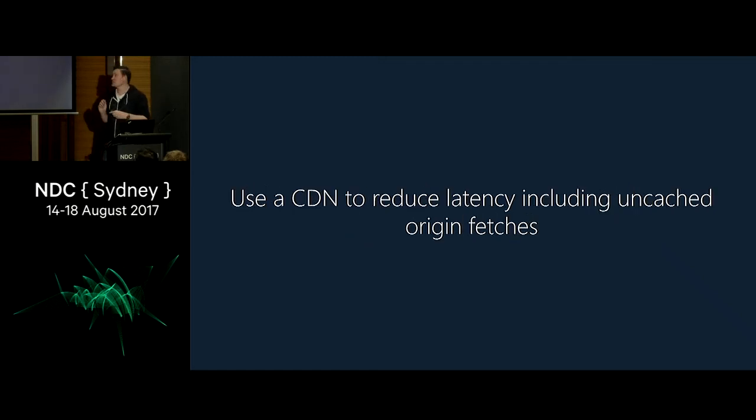So use a CDN. CDNs are at their best when they're geographically caching data close to your users. But there are other uses for them as well. You can actually do uncached origin fetches. So even for content that's personalized, that can't actually be cached in an intermediary proxy,